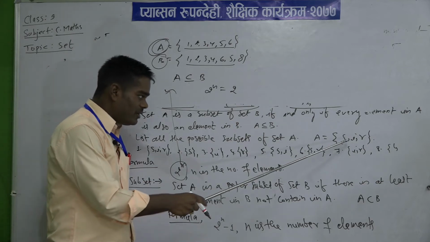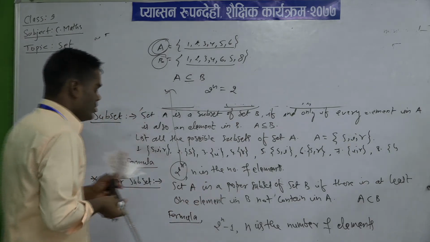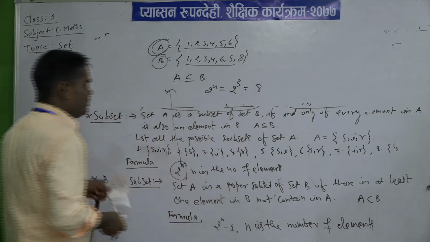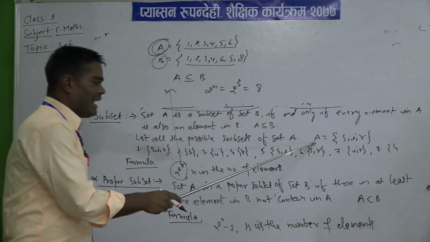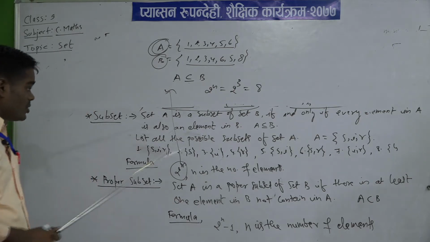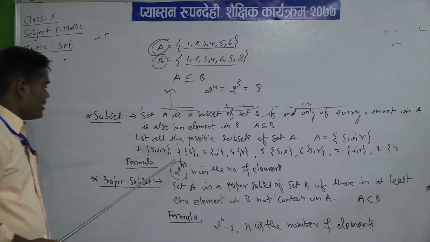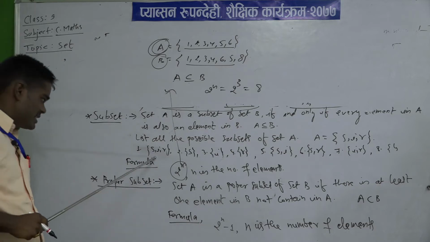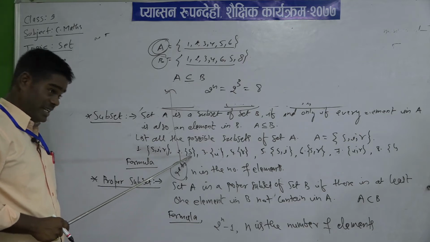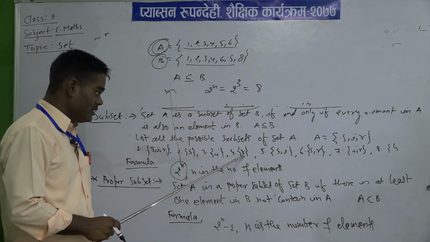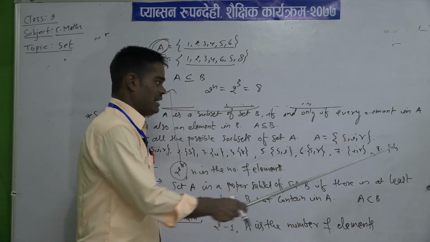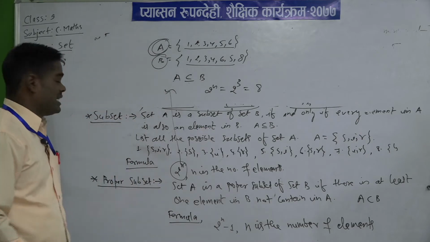So, how many elements are here? 1, 2, 3. So, we can write 2 power 3, which means 8. It means set A has 8 subsets. What are they? One subset is itself, that is S, I, R. Others contain only one element, and then 2 elements, 2 elements, 2 elements, and then every set has